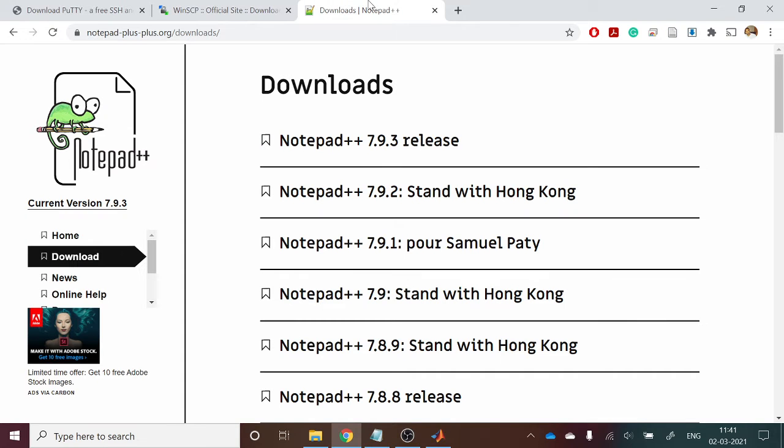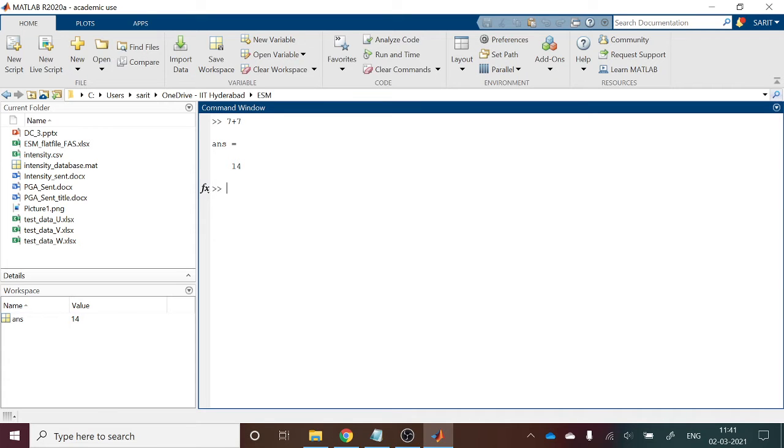The third program you need is Notepad++. I think by default everyone has Notepad, but this is Notepad++. Just type Notepad++ in Google, or note down the URL and go there, and you can download the latest version. Notepad++ is the editor where we'll write the code, because as I mentioned, you won't find any graphical user interface like MATLAB has.